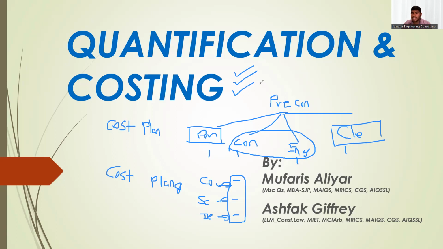So before the tender, the consultant will prepare an estimate of the project. That is called the pre-tender estimate. Just before the tender, you need to prepare the estimate. That estimate should be almost accurate to the client's expectations, almost similar to the tender return. Once you tender out this project, you will receive a certain value. The client is expecting that the pre-tender estimate and the tender estimate received from contractors will be within plus or minus 5%.